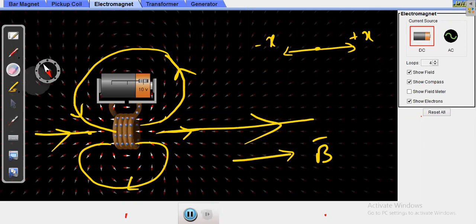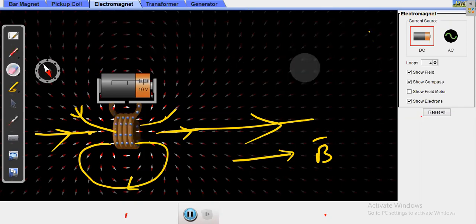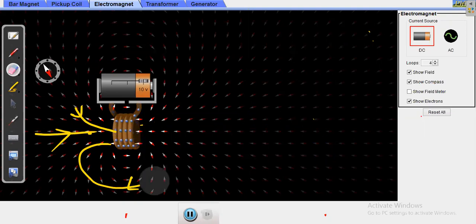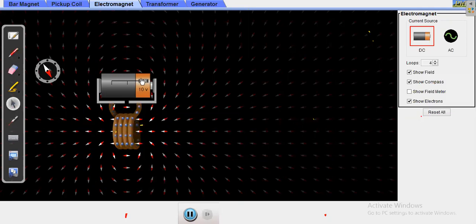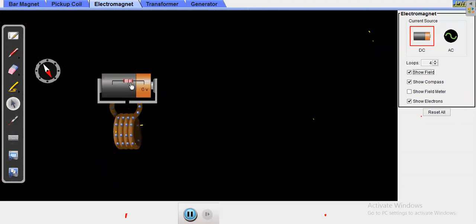Now what I will do, suddenly I will try to change the voltage. Okay, now what will happen? The voltage is in my hand. I don't know whether I can change it or not. Yes, now I made 0 voltage. Are you getting the magnetic field? Once I make 0 voltage, you are not applying any voltage. There will not be any current flow, but anyway electrons will be there inside the conductor. As there is no current flow, you cannot form the electromagnet. As soon as you make the battery voltage 0, your current is 0, then magnetic field is 0.